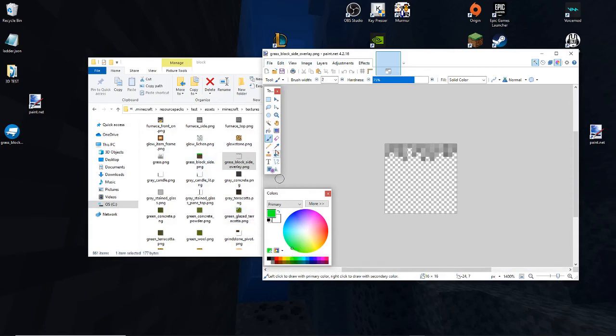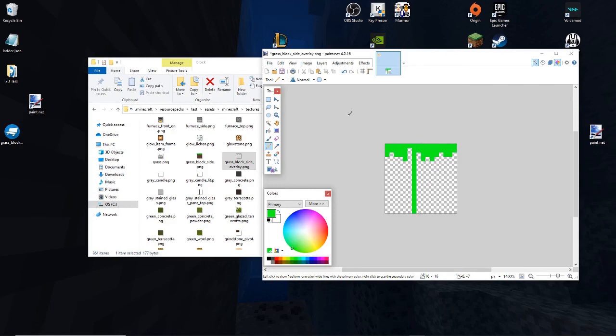So if I grab roughly the color it's supposed to be, grab my pencil and draw over these lines, and you can draw outside the lines and it'll create a larger overlay, which I can show that. I'll just draw a straight line down,